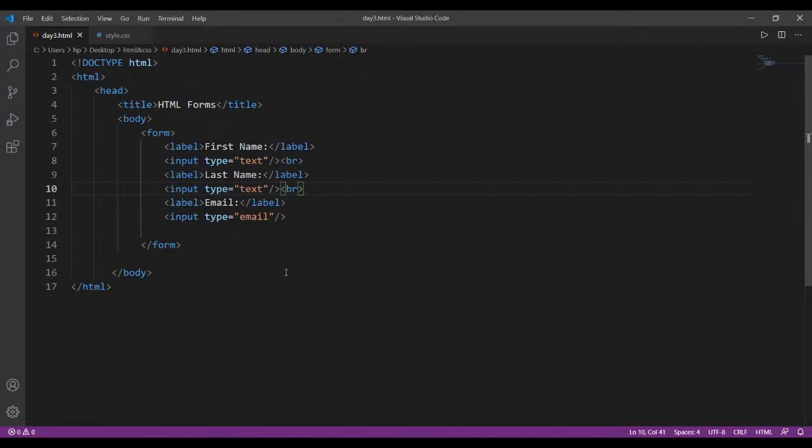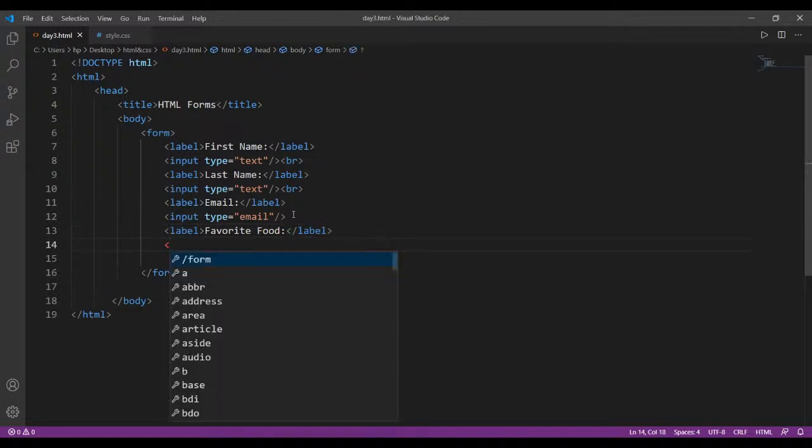First, we have to open it, right? So before opening it, I will show some name to the user, right? Just I will show favorite food, okay? Favorite food, okay? And I want to show three types of food items and I want the user to select, okay? Just I will open with select tag, okay? Just I am opening select tag